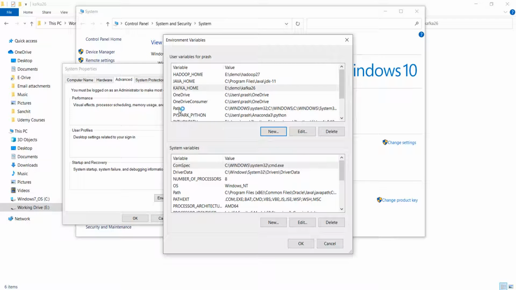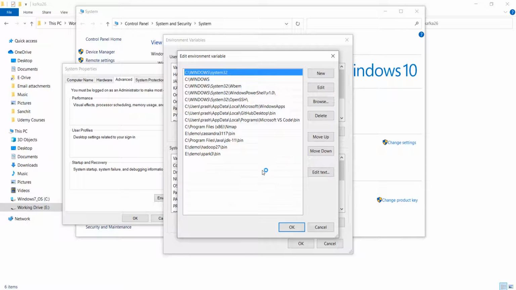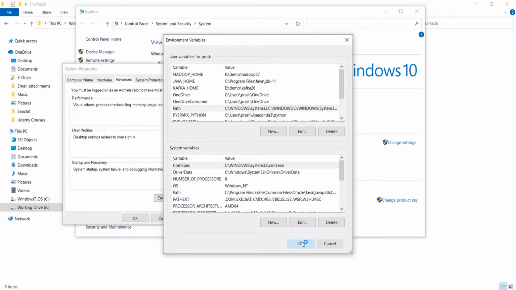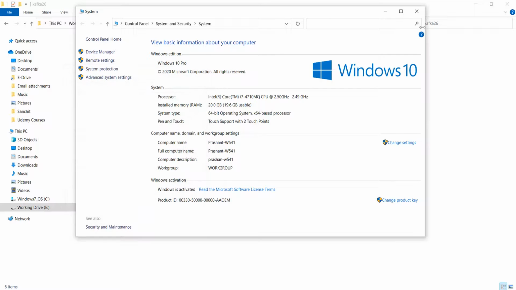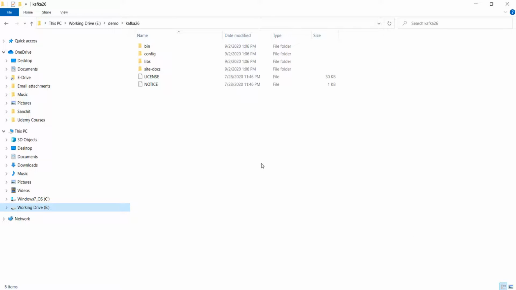The next thing is to add the Kafka binary to my path. Let me do that as well. I'm going to add the absolute path of my Kafka bin directory. Wait a minute. I'm on Windows, right? So it should be bin/Windows directory. If you are on Linux or Mac machine, you should add the bin directory to your path. But Windows users will be using the batch files, which are there in the Windows directory. That's all. We are all set.